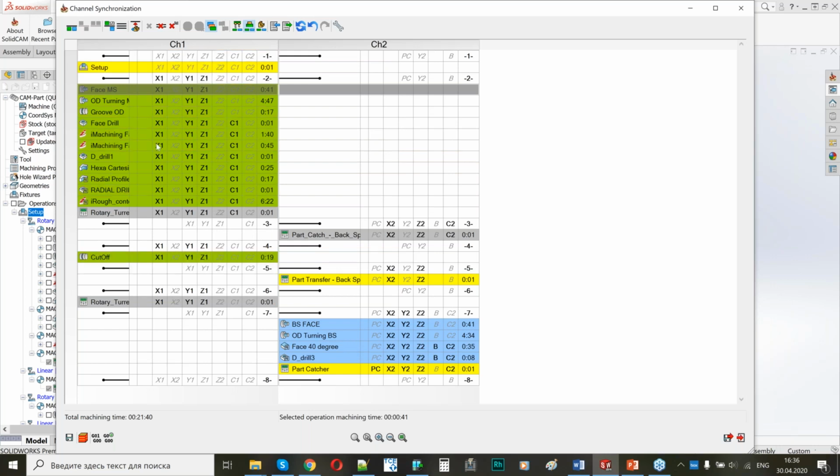First, I will have operations on the first channel, and my second channel will not work. It will stay where it is without movement. And then I will have my part transfer operations, and then I will have the movement on the back spindle. Of course, for such types of machines, it's not a productive way to operate them. But we need to check our machine simulation, and after that, if there are no edits of the toolpaths, we can synchronize these operations, and I will show how to do this. Let's check